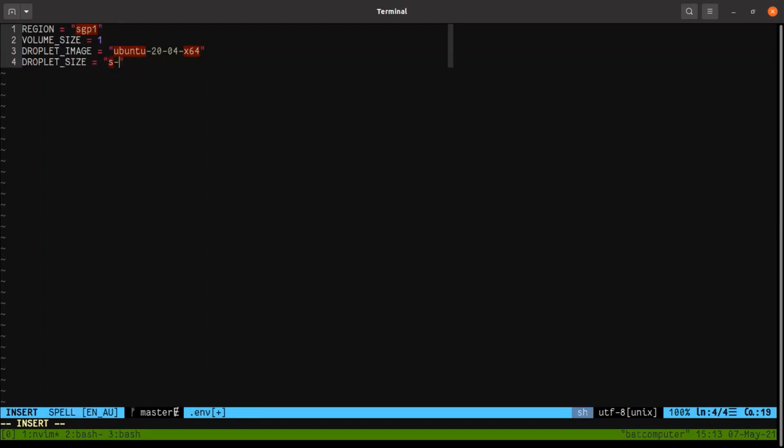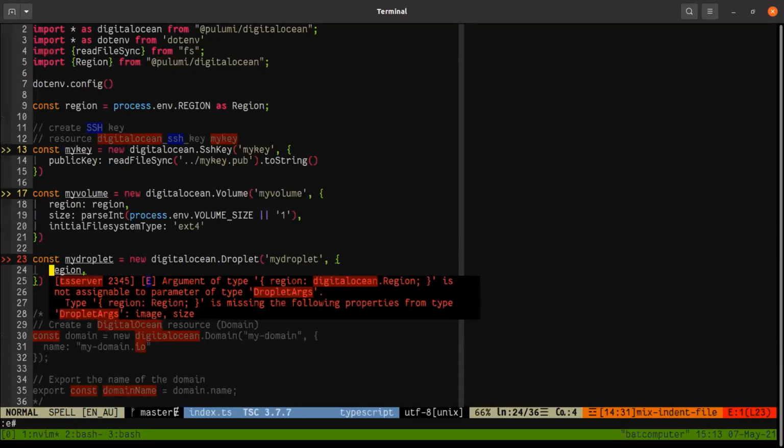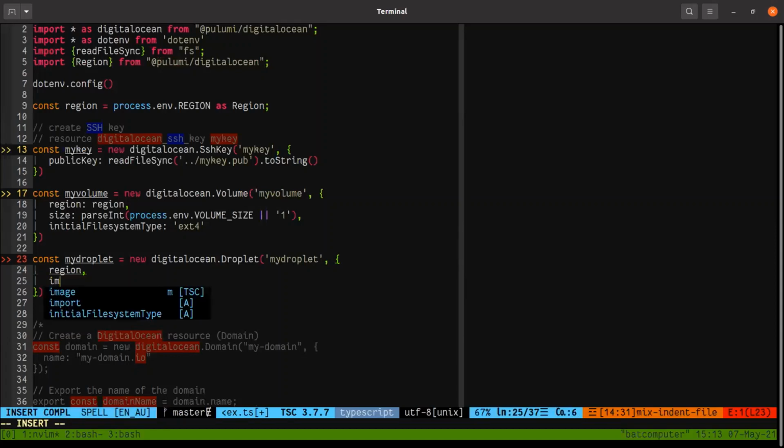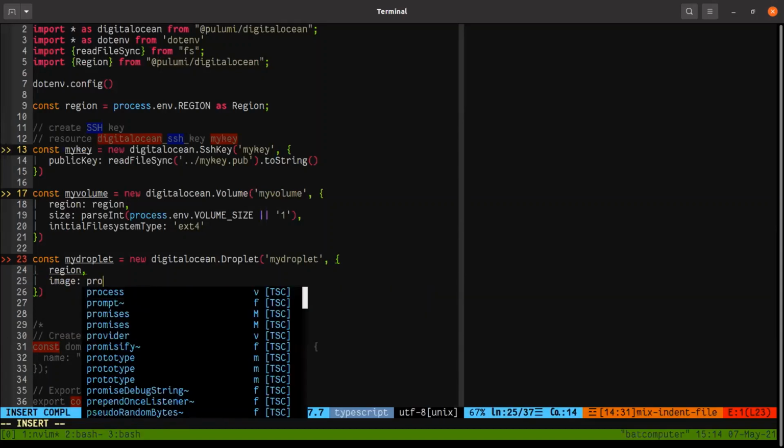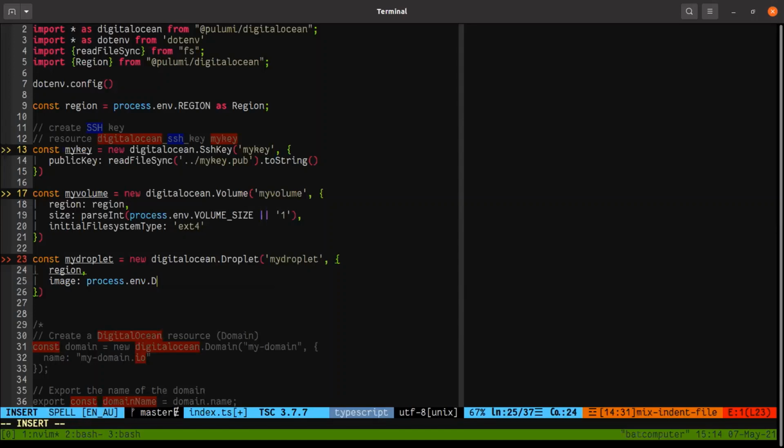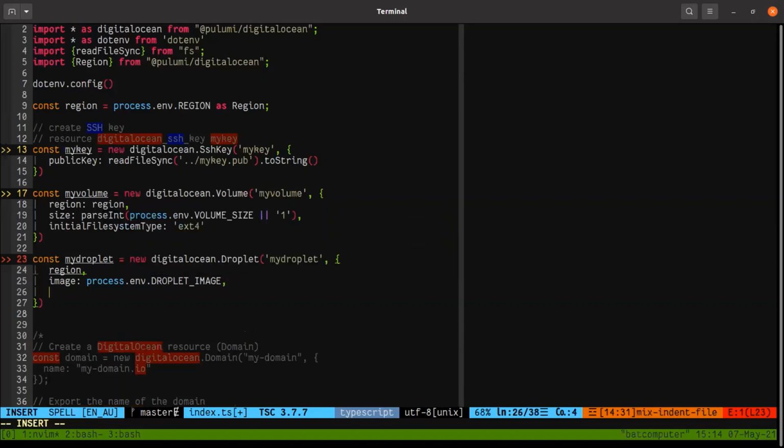is s-1vcpu-1gb, small 1 vCPU 1 GB. Okay, so you may say region. Then the next one is the image. You can say process.env.droplet image. Okay, so this is the droplet image, and then what is the third one?